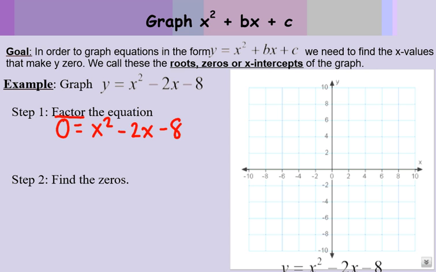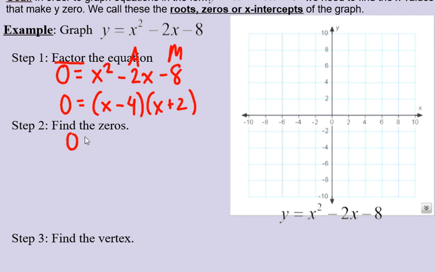I need two numbers that are going to multiply to make negative 8 and add up to make negative 2. And those are going to be x minus 4 and x plus 2. So there's my factors. Now I'm going to use those to find the actual